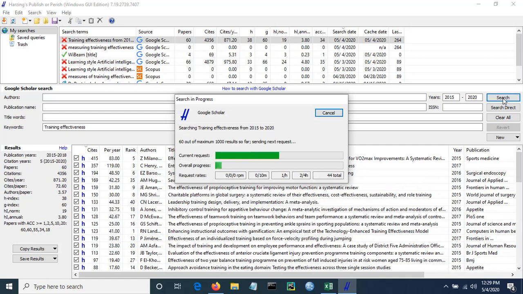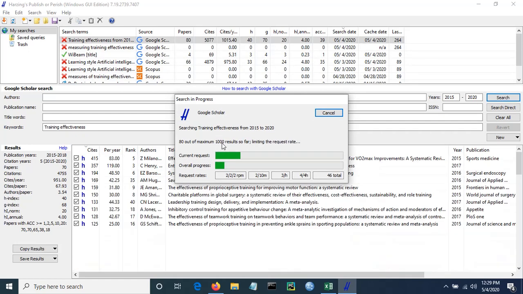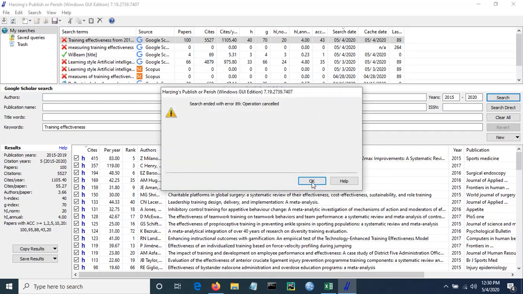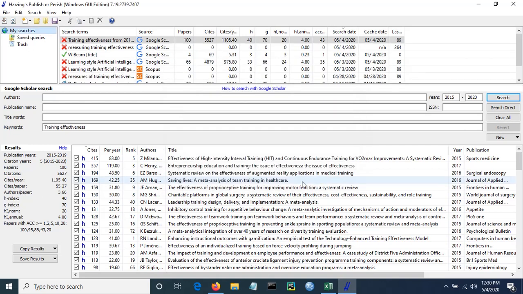Yeah. So the moment you press search, the maximum it can accommodate is 1000 results. It takes some time for this software to throw up so many results. So you can wait till it shows up all the results, or you can cancel it. Let us say we have cancelled at 100 results. So right now I stopped the search at 100 results. So it is showing 100 papers. Let us see what are the other data it shows up.